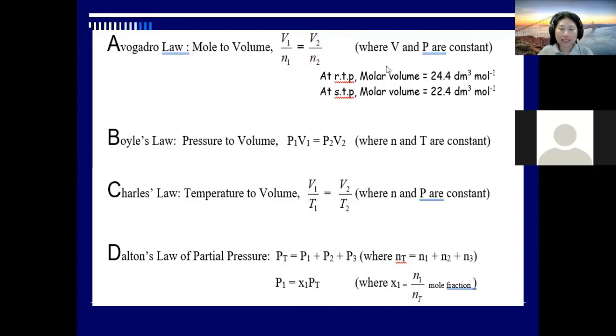So how about Boyle's law? Boyle's law, this is the formula, not the equation. If you are asked to define the law, you have to write that the volume of gas is directly proportional to the number of moles of the gas, providing the temperature and the pressure are